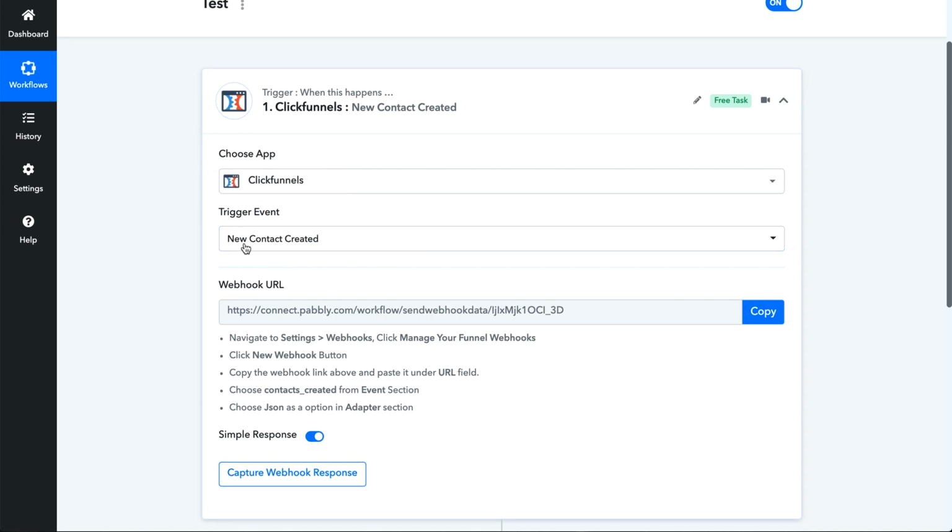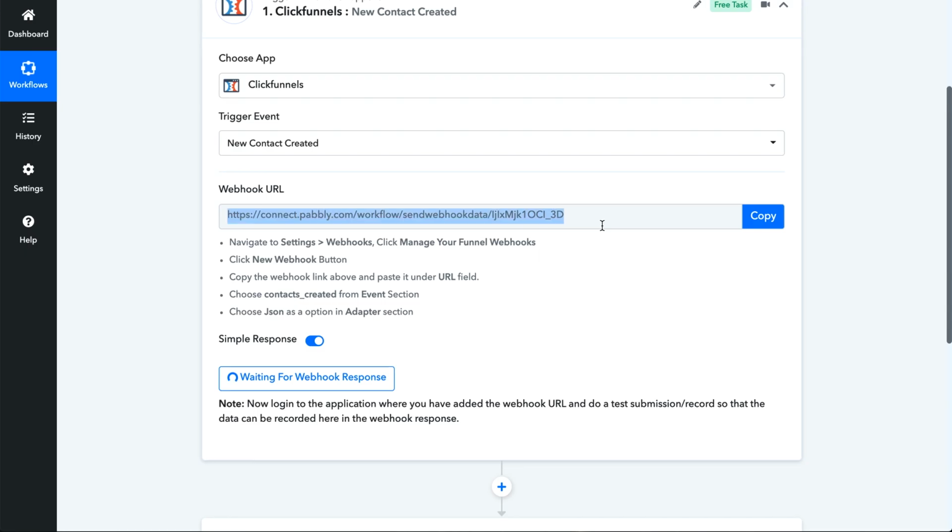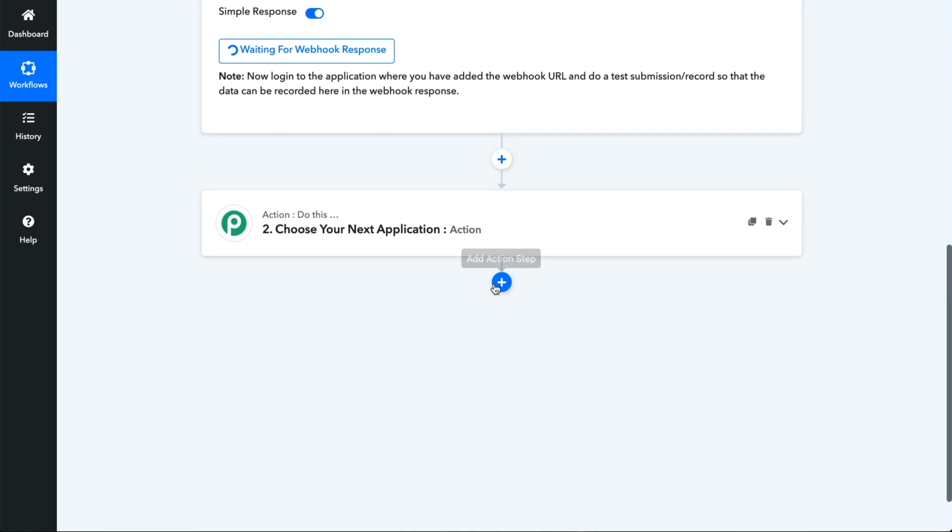The trigger event is whenever a new contact is created in ClickFunnels. Then they give me a webhook. That's what they do for a lot of their things, but they then give you simple step-by-step instructions to set it up. So there is some work in setting this up the first time, but once you have it set up, everything happens automatically. After that, I can choose my action.